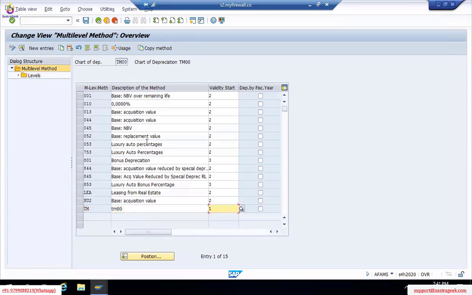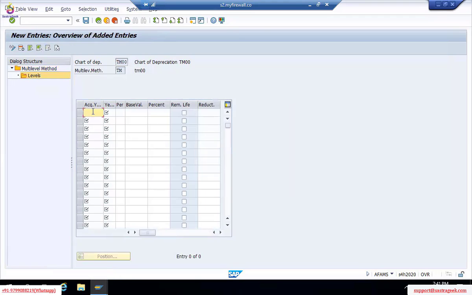Without creating these, I have created asset masters. We have created postings, acquisition of asset, everything we have done, without the percentage. So it went wrong, incorrect. Now what will happen? The system will not take it up. So let us correct it, then let us see by creating one asset master again quickly. Okay, levels.